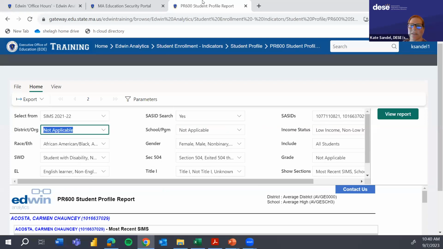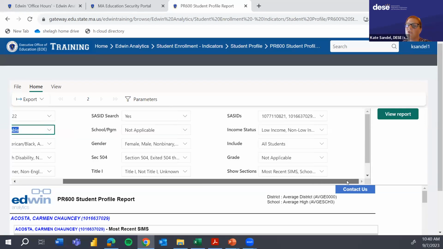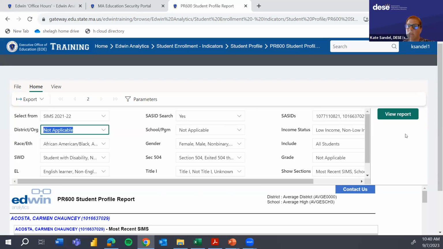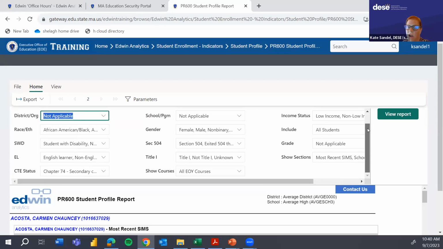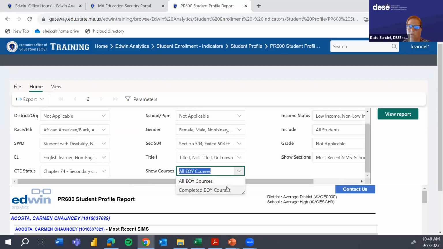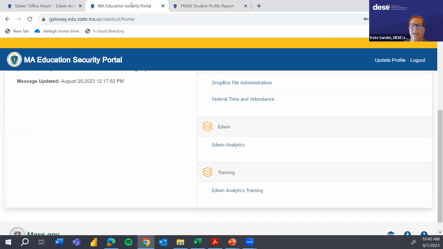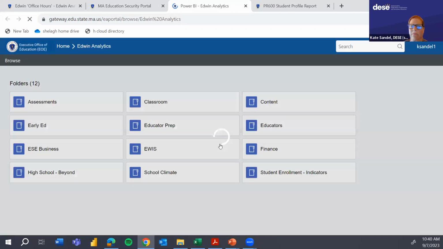So again, this depends on what size screen you're on. If I'm on a slightly bigger screen than this laptop screen, I don't have scroll bars for this. But you might need to scroll over, or scroll down to see all the prompts. See, there it is: show courses, all end of year courses, or just the completed courses. That was hidden. I looked at that before and was like, oh, I don't know where that is. So you have that. Another thing I'll show, I'm just going to go into the Edwin proper